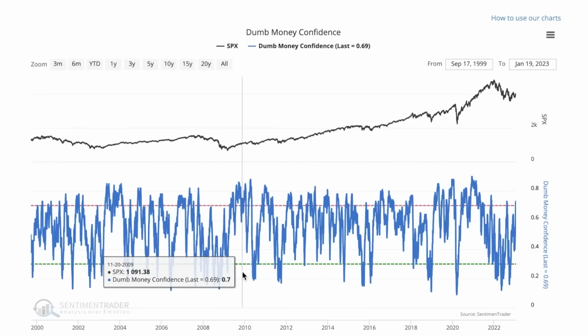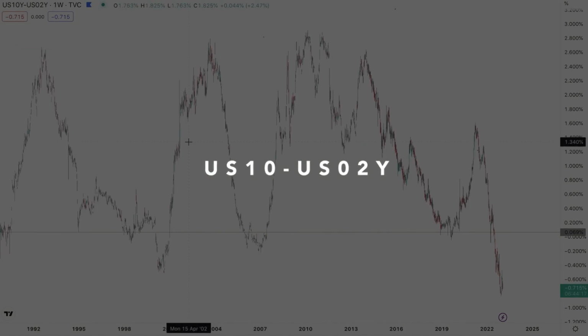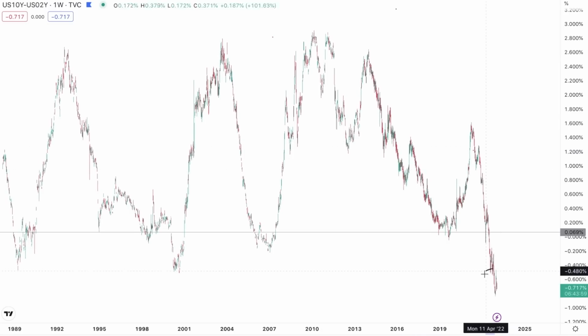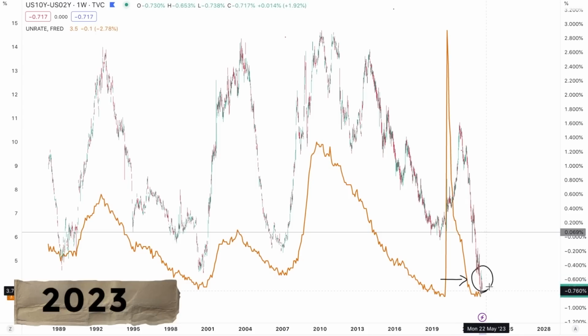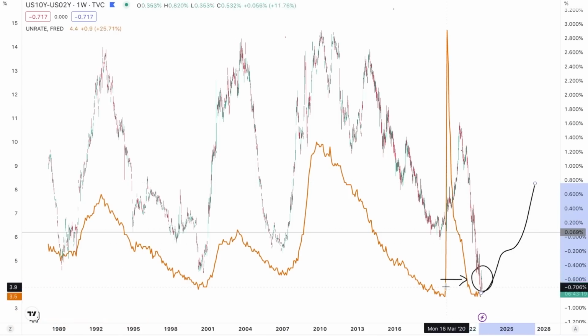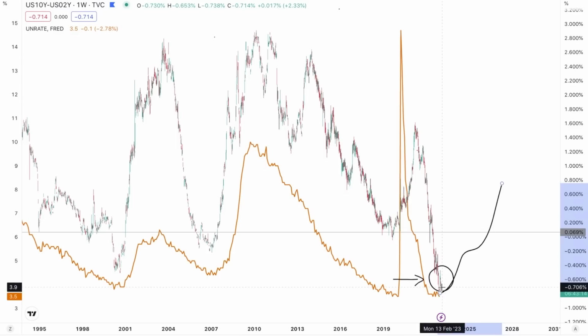So I've tried to give you the data as objectively as possible, and give you the education so you can form your own opinion on what this development actually means for the market today. Now, we still think there's some room for optimism that dumb money could potentially be right for another couple of months. But ultimately, we're heading into a downturn. The depth of the yield curve inversion does suggest that we are heading into a deep contraction in earnings later in 2023. You are going to see the unemployment rate rise as the yield curve steepens, and you're heading into a recession.